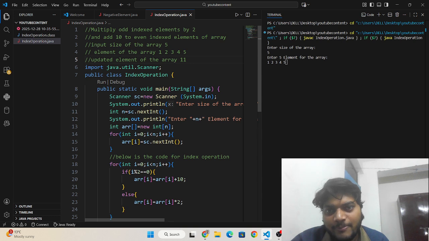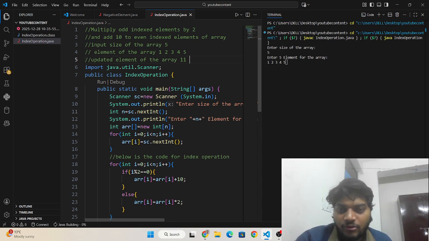Then in an odd index, we need to multiply with 2.